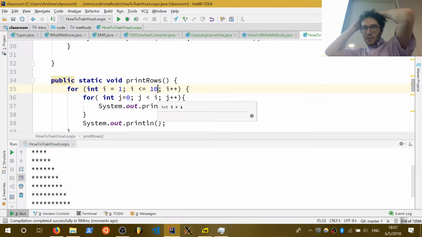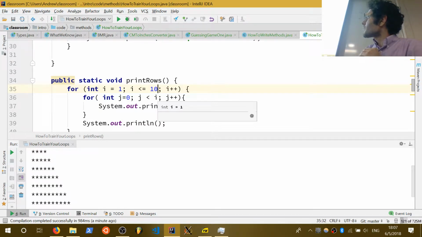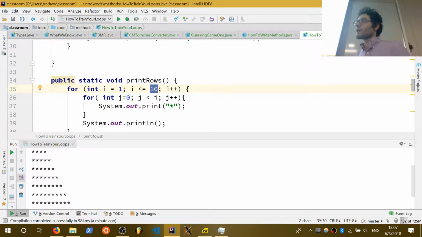Now the annoying thing here is that it puts 1 on the first row, 2 on the second, 3 on the third, and so forth, until we put 10 on the 10th row. The annoying thing is that once I put this over here, it's set in stone. What I would really like is a variable that I can put over here so that every time I call printRows, I could ask on the fly how many rows I want to print out. Now I could do that with a scanner, but that's kind of annoying and inelegant,